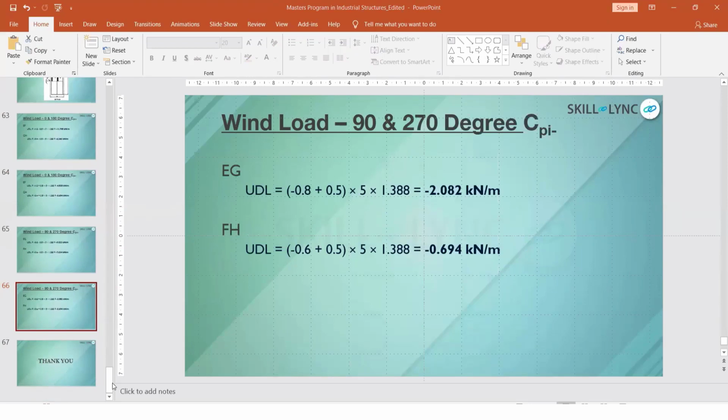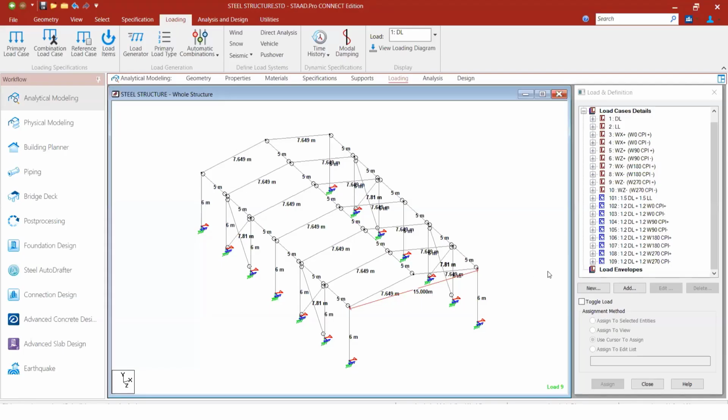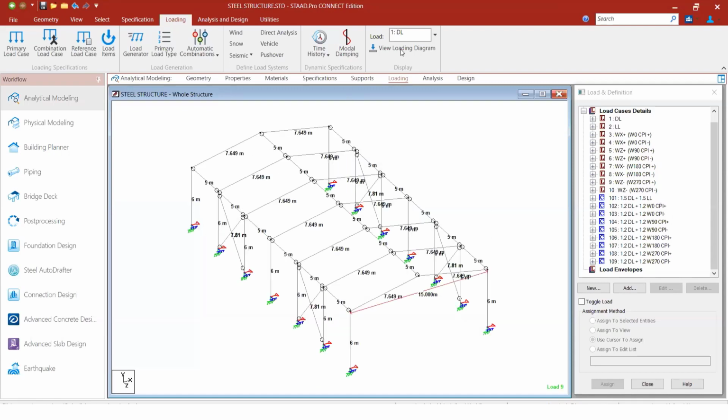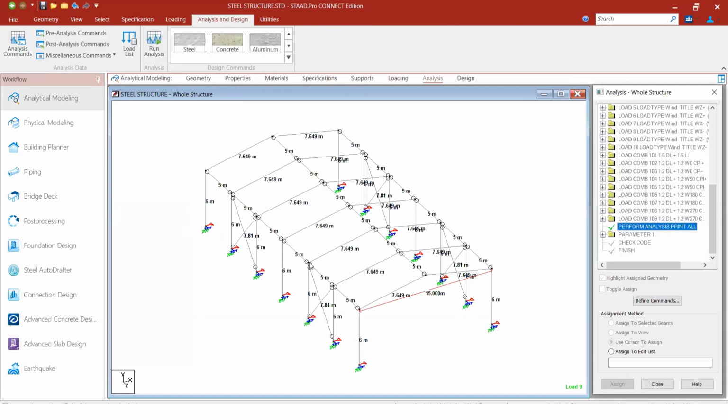And next is what you have to do, the analysis. Okay, so I've just considered a few load combinations also. I will just make you go through that. This is as per the IS codes. You have different load combinations like serviceability combinations. If you see the IS 456 code, you have load combinations, and how you have to categorize them also. So this is how you have to categorize the load combinations. Then you have to run the analysis and identify the reactions that come from the supports, and you have to use them for foundation design.